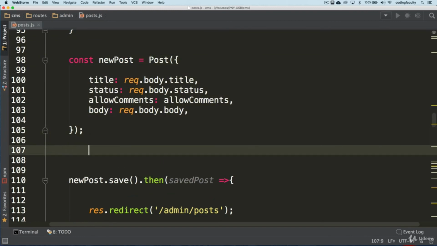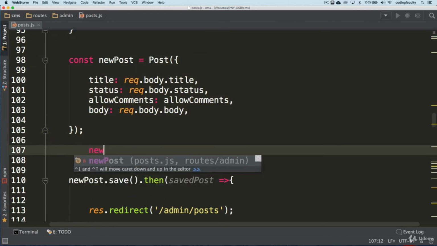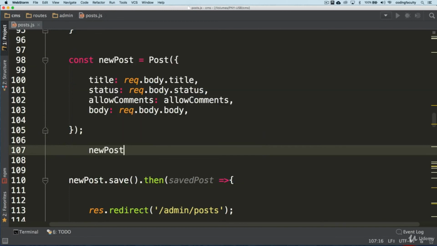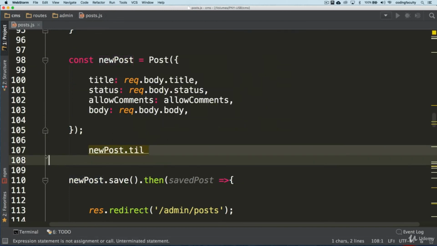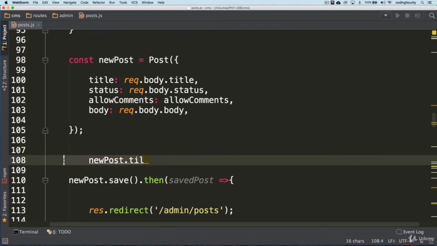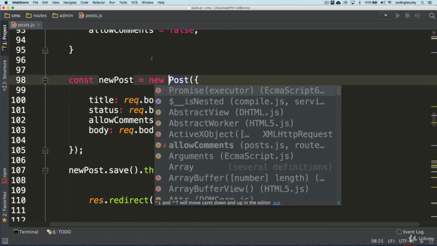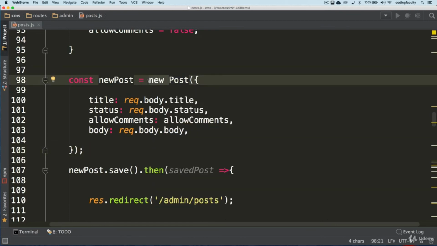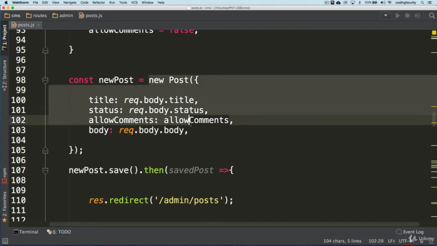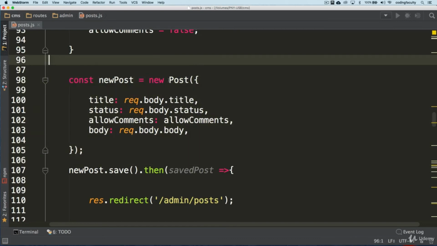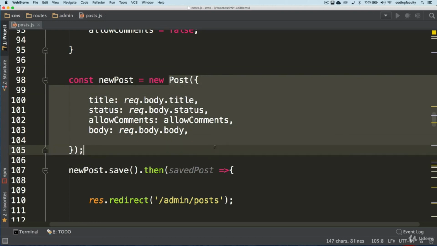You can come down here and use the new post, the newly created instance, and assign a new value to it. You will still be able to use this the same as using the new keyword, but I want you guys to get into the habit of using this new keyword here. Okay, we're signifying that we are working with a constructor. Basically, this is working like a class behind the scenes.